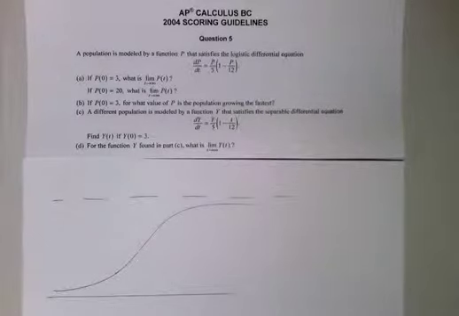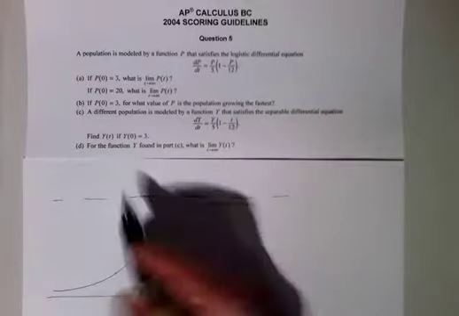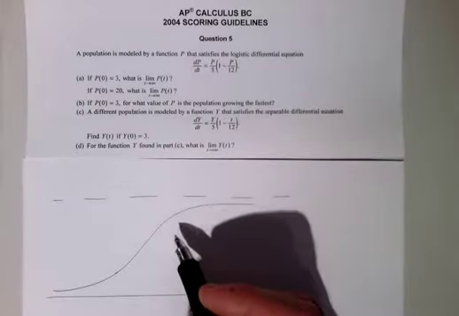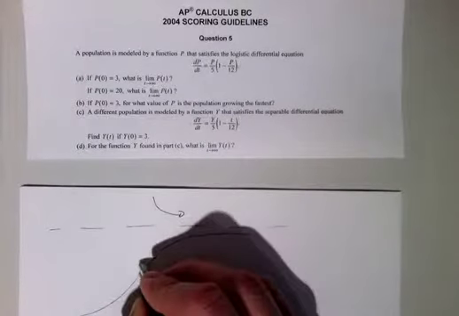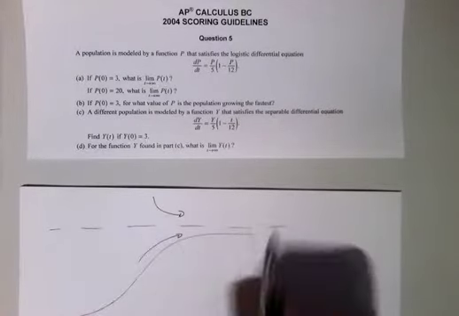If there's 50, the population will eventually get to 200. If the population is 300, the population will eventually decrease to the carrying capacity as well. So it doesn't matter from what side you're dealing with, okay? It will either come down from the top or it will come up from the bottom to meet the carrying